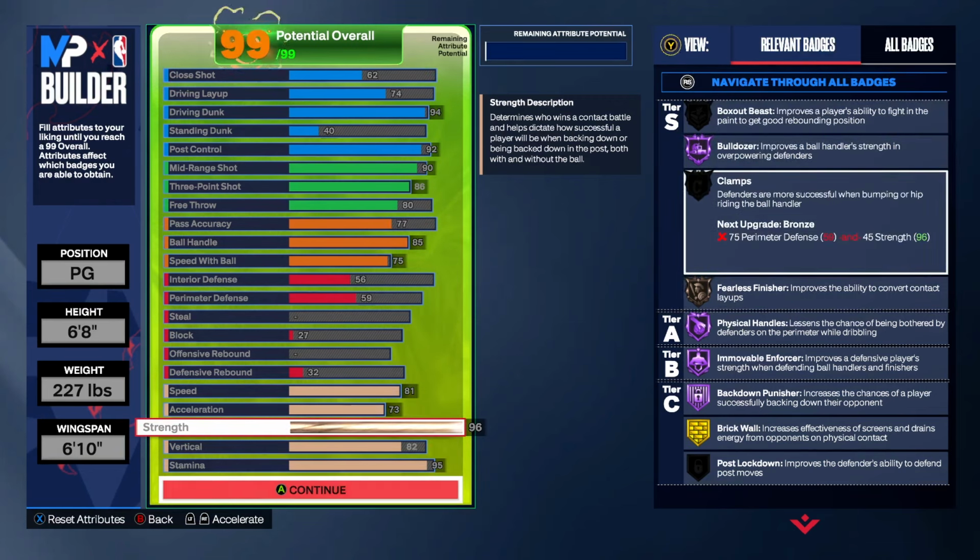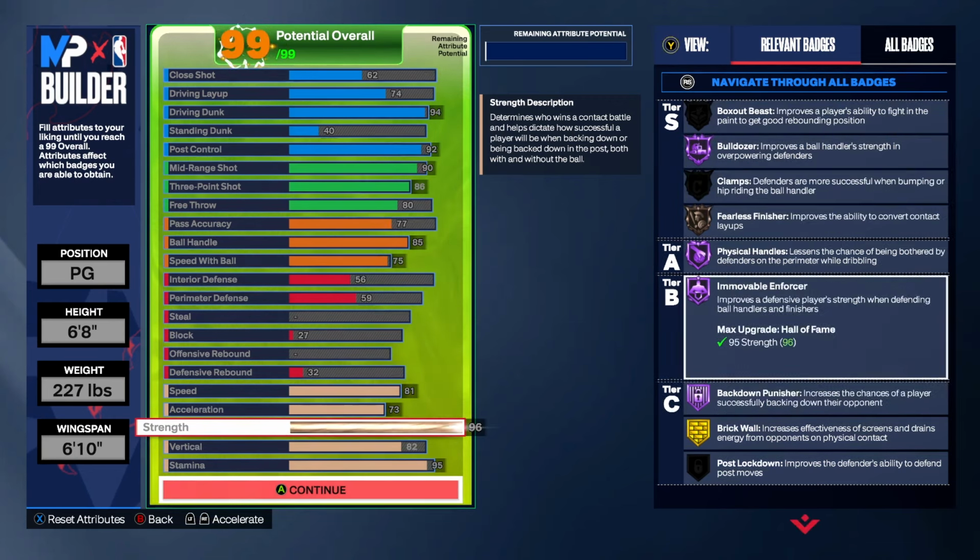Golden Movement Enforcer is extremely good. Hall of Fame Movement Enforcer is the best defensive badge in this game. You are a top lock with this build. You can't get steals, but people are not getting past you. They're not driving on you. They're not slashing on you. If they throw a pass and you're right there by them, they're getting put